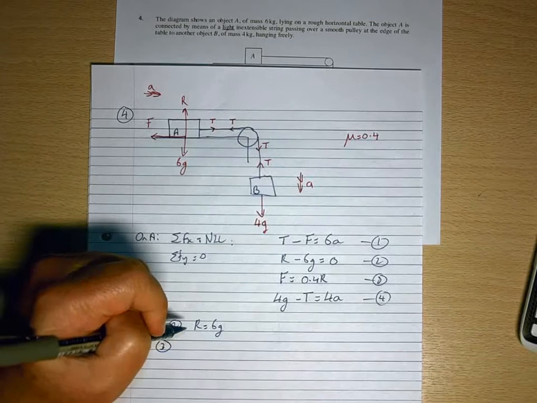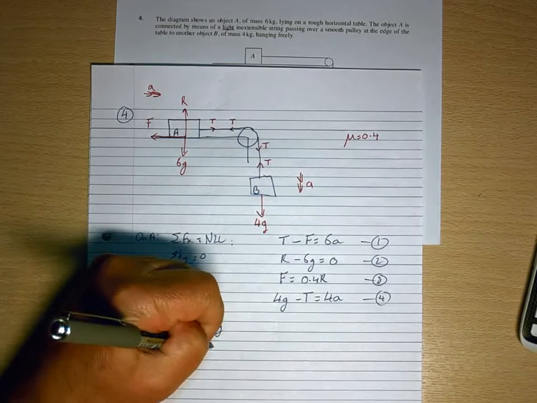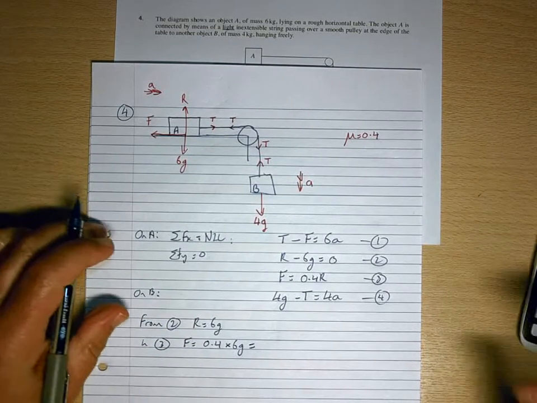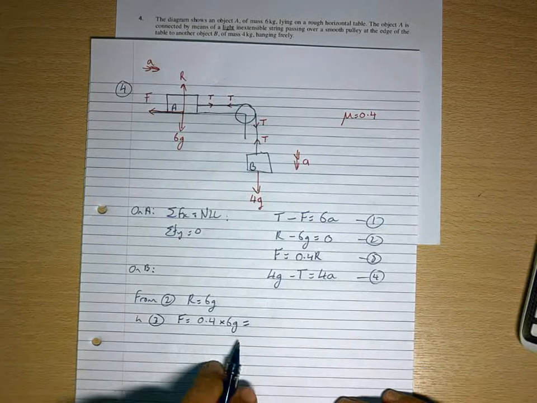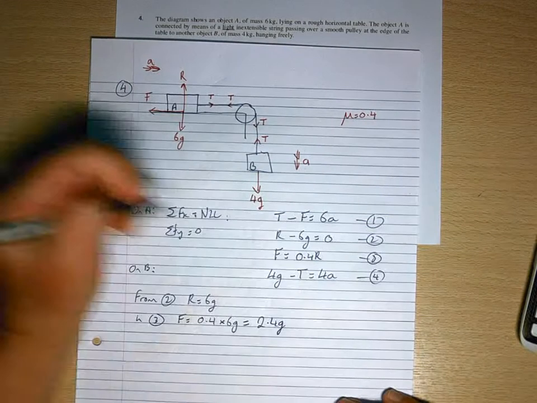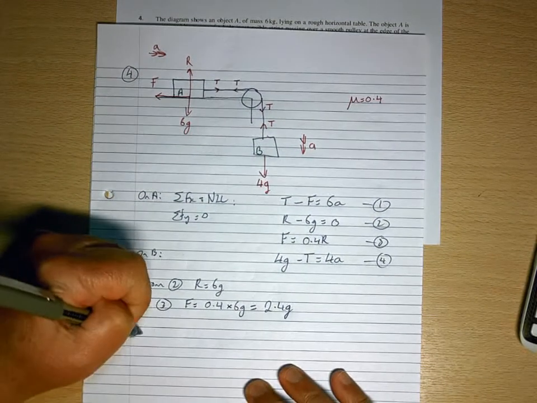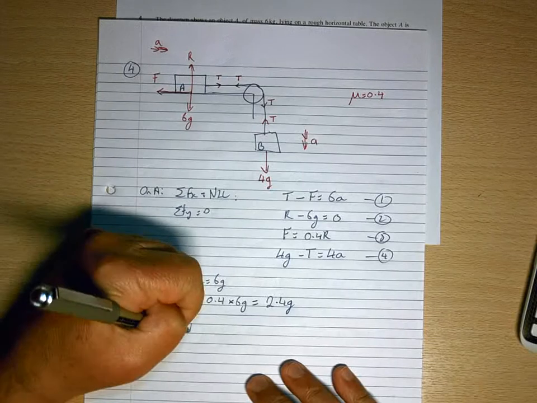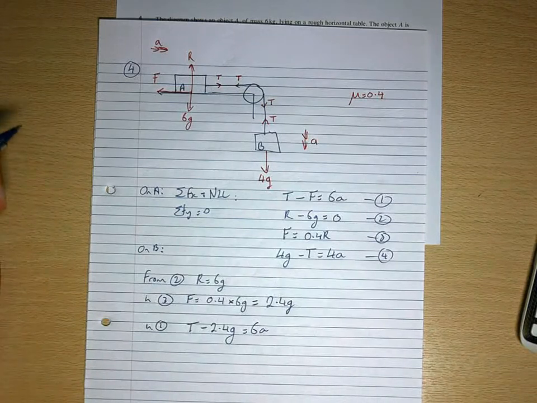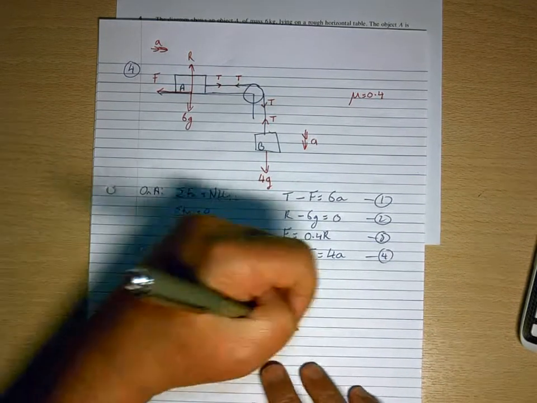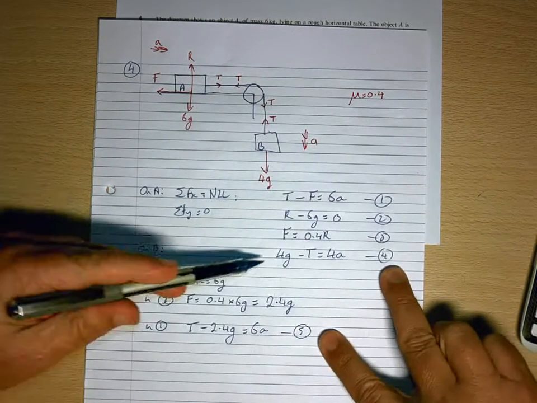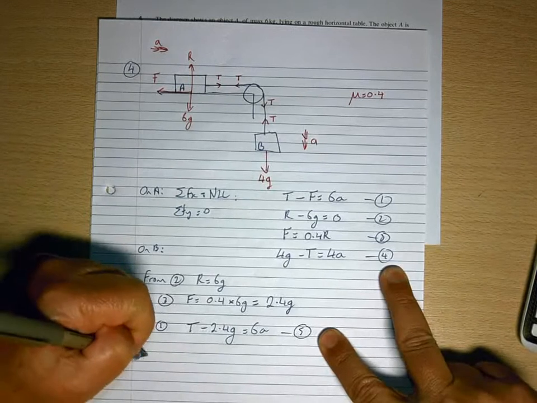In 3, F equals 0.4 times 6G, which if we keep in terms of G is going to be 2.4G. Put that in 1 and I get T minus 2.4G equals 6A. So if I call that equation 5,